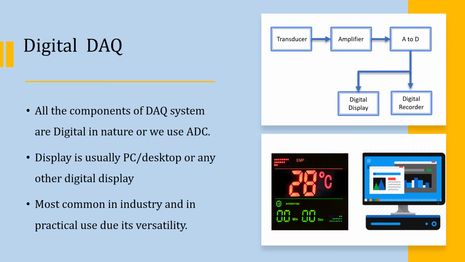Second type is digital data acquisition. Now here the difference is the final output is digital in nature. It may be possible that the transducer itself is not analogous in nature. We can amplify the signal and use one A to D to convert that analog signal into a digital one so that we can record the signal, we can store the signal, and finally we display the signal in a digital format. So whenever we use A to D, or whenever we display or store the signal in a digital format, that system is known as digital data acquisition.